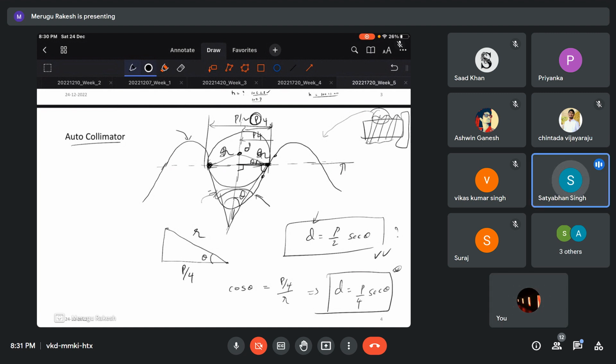One revolution rotate करने पर उसी. What is lead then? Lead. That is true, but what exactly suits that definition for lead? So for pitch, you can simply